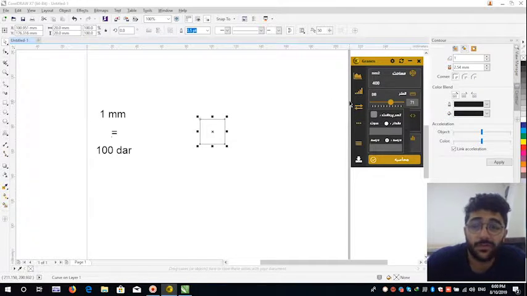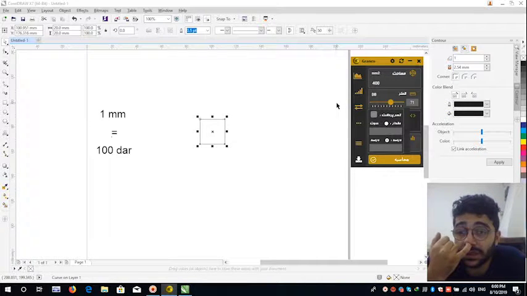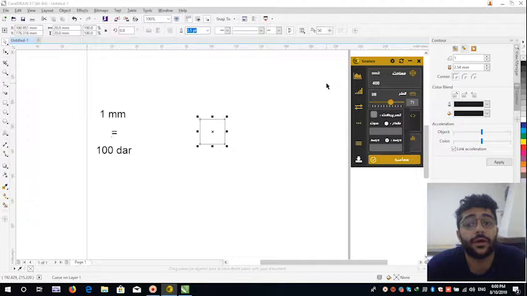But when you want to compute the mass for your clients or another person who wants to buy this necklace from you,